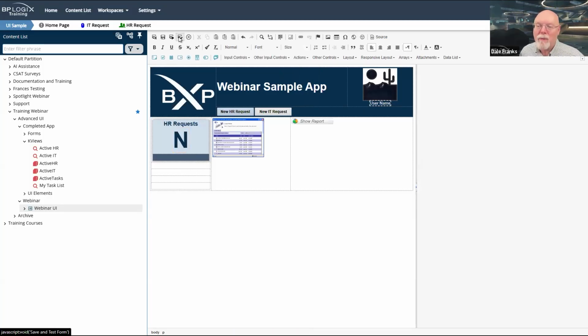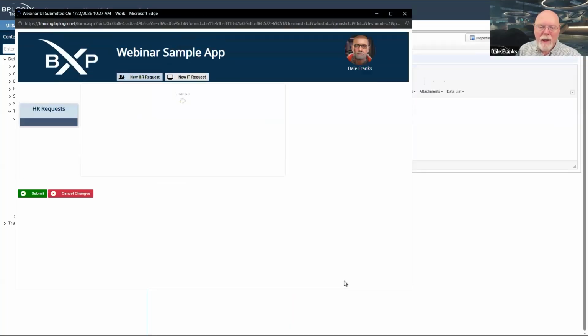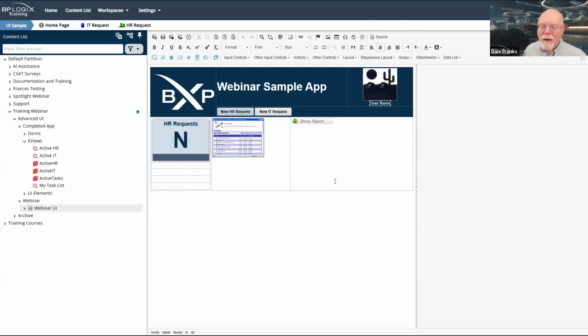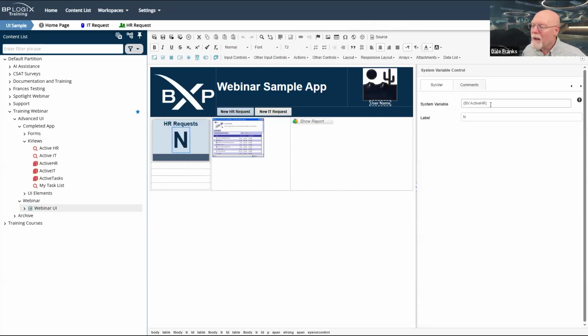We can actually run and test our form just to be sure that that business value is working to provide us with the expected data in our form. And it does not look like it is working. So BV Active HR. It is called Active HR. I shouldn't have to type in all of this.